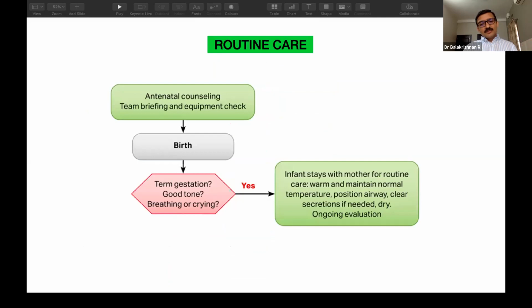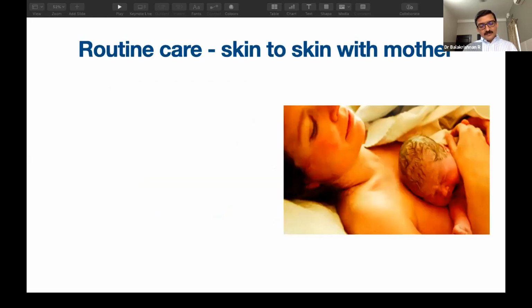So as a baby is born, what is the assessment that needs to be done? We need to ask ourselves 3 questions. Is the baby term gestation or preterm gestation? Does the baby have good muscle tone? Is the baby breathing or crying? If the answer is yes, then we go ahead with routine care, wherein the baby stays with the mother. We provide warmth, maintain the normal temperature, position the airway, clear the secretions only if needed, dry the baby, and do ongoing evaluation. This should be the norm for all the deliveries